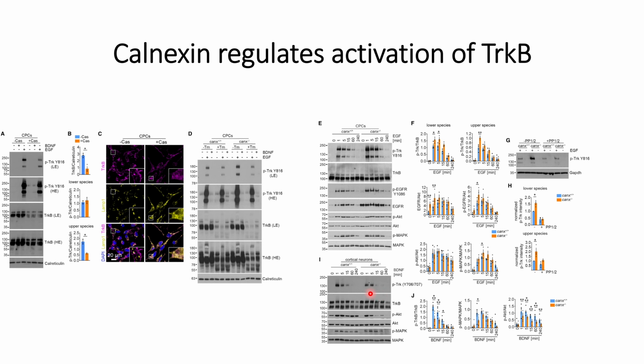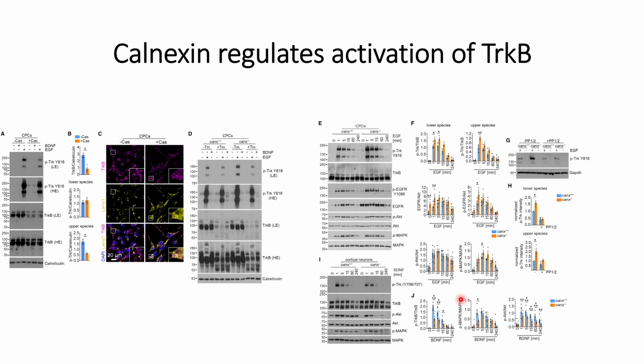It almost shows similar results except for the 15 minute. And this TrkB amount also remains similar for Calnexin presence and Calnexin absence. However, this phosphorylated AKT gets disrupted when the Calnexin is not present, and similarly for the MAPK kinase